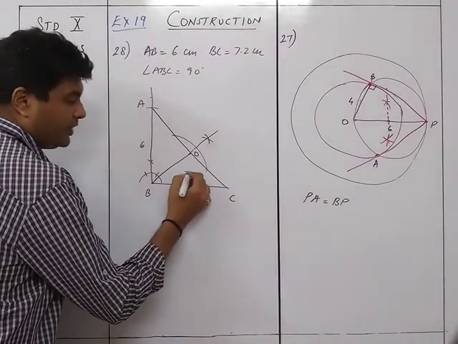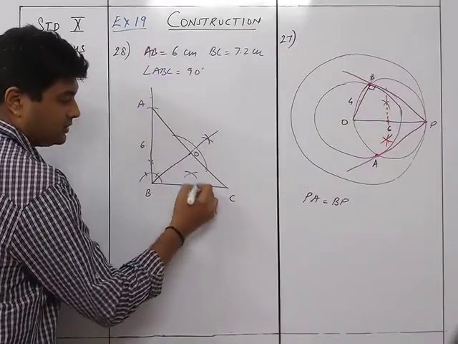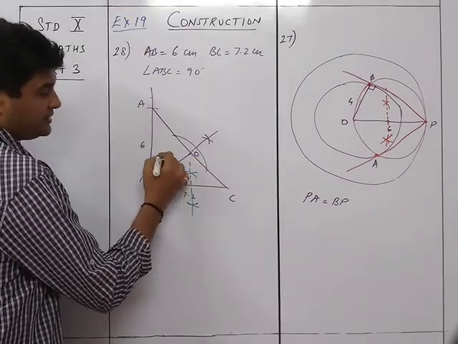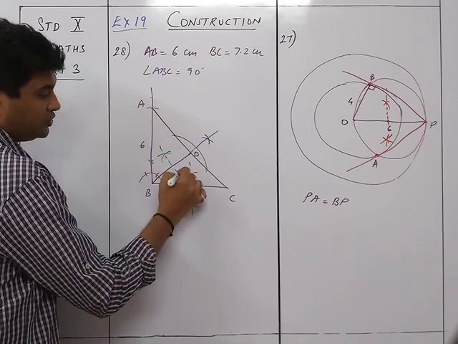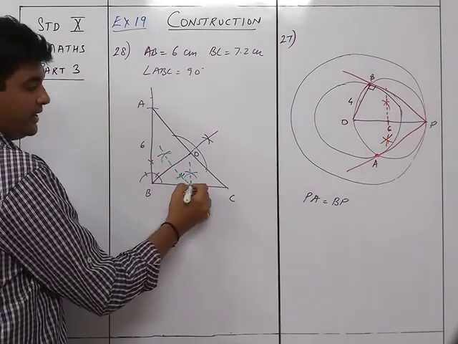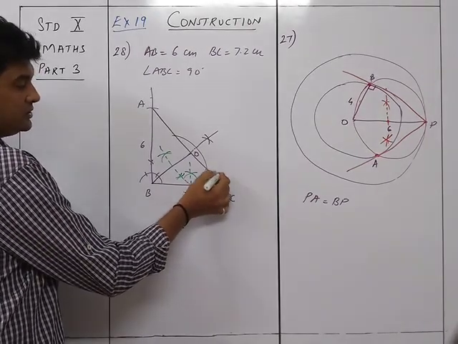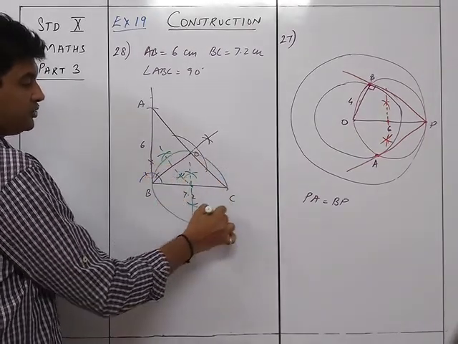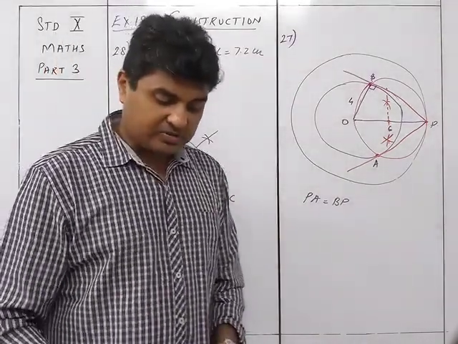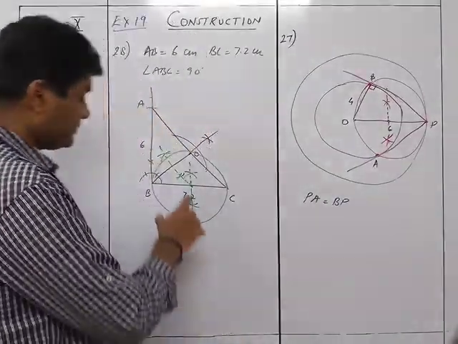So the perpendicular bisector of BC will be like this. So this is the perpendicular bisector. The perpendicular bisector of BD will come like this. So that will be the next one like this. So it meets somewhere here, and then you are going to take this as the radius and draw the circle in this manner.